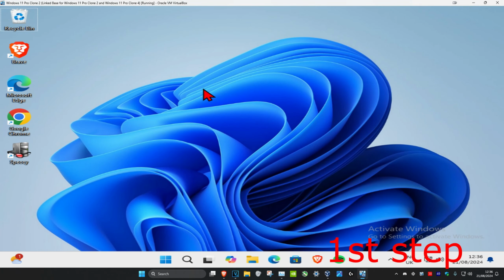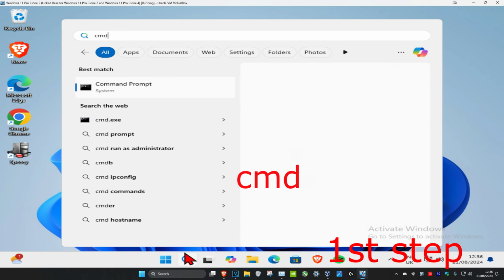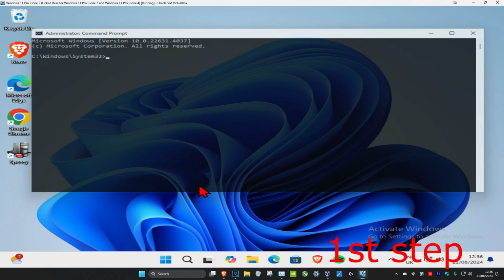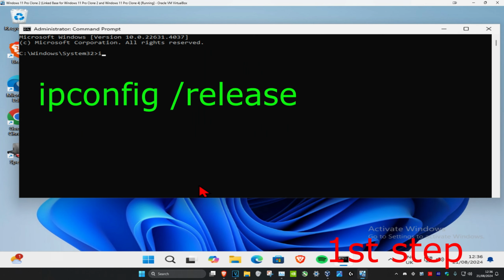So guys, for the first step, you're going to head over to search and type in CMD. Then you're going to run it as administrator. And then click on yes. Now once you're on this, you're going to type in ipconfig